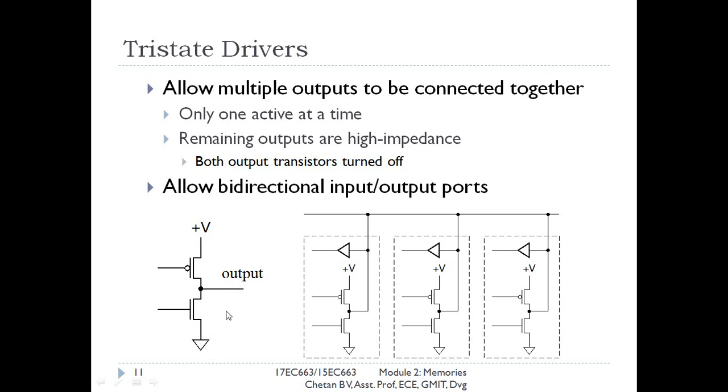Why does this high impedance state appear on the output? The output will be disconnected from the supply. So there is no path between the supply and the output. At the same time, there will be no path from this output to the ground. That is like an open circuit.